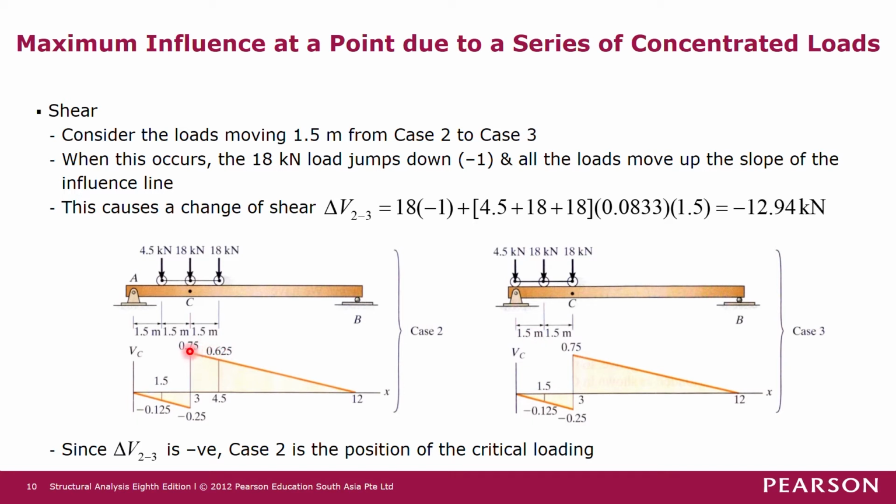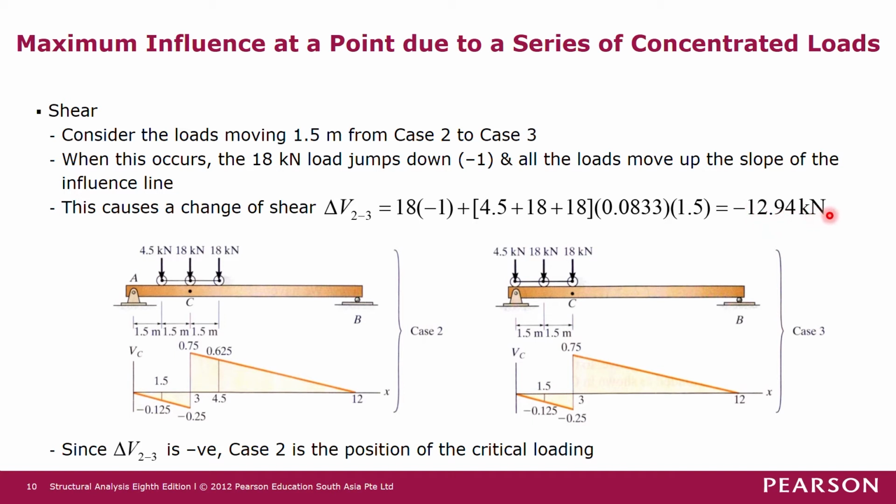The change is 18 times the slope times the horizontal distance that this force has moved from case 2 to case 3. So the total change in shear from this arrangement of load to this situation is negative